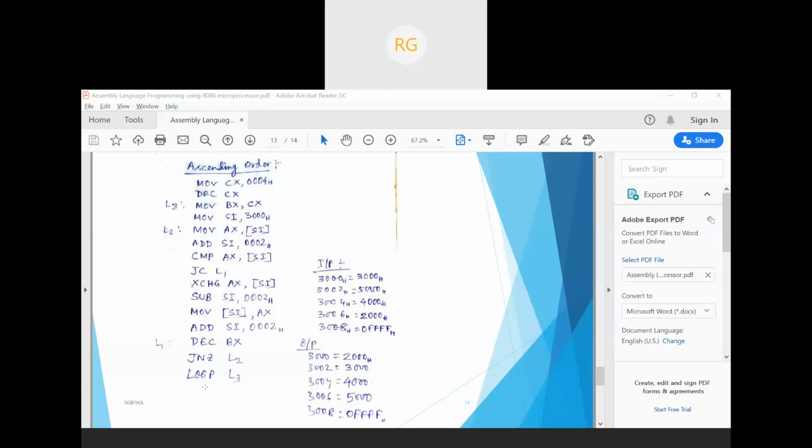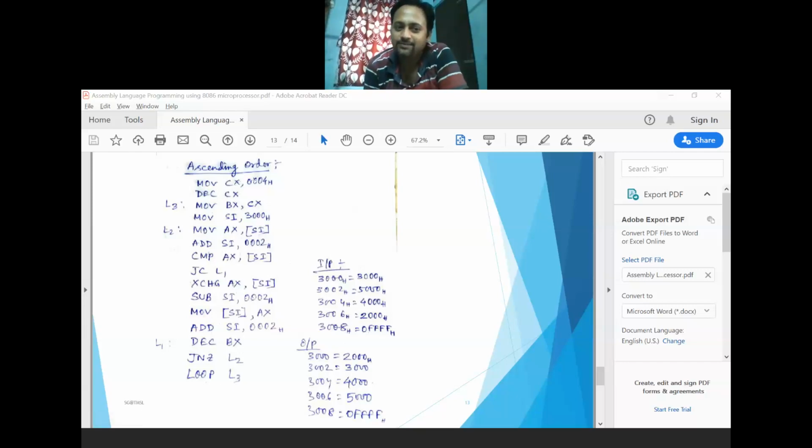So if you have used the loop instruction, you don't need to write DEC CX, and CX is 5. In that case, you can start from MOV CX, 0004, then MOV BX, CX, then whatever is in this position is rightly mentioned here. You have to write it in this way. Okay.